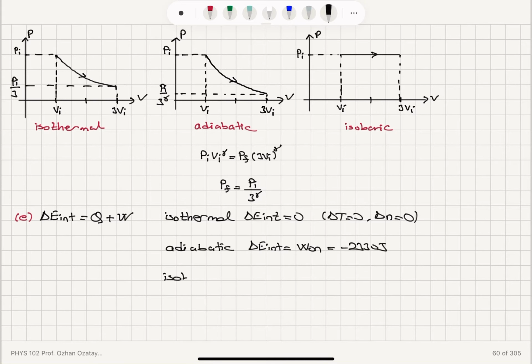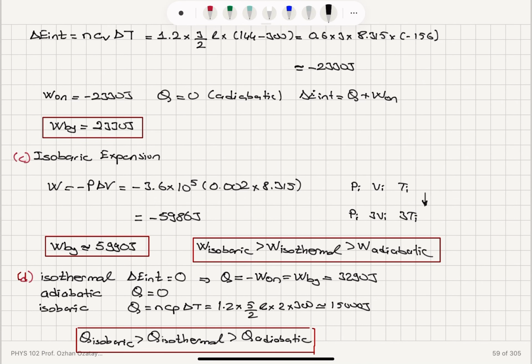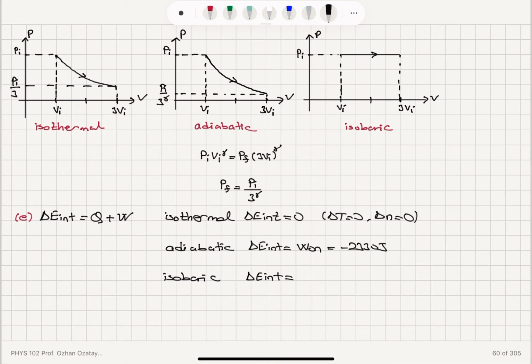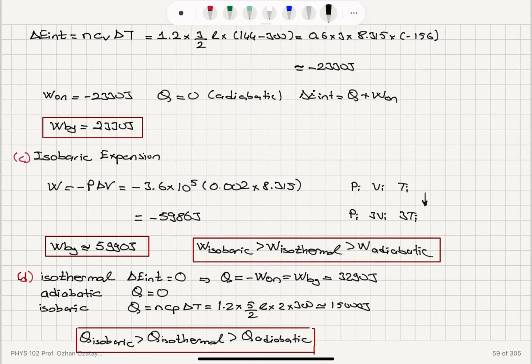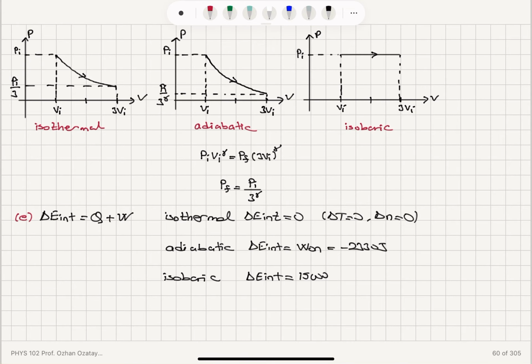And in the isobaric process, the internal energy change is the work done on the gas plus heat added to the gas. How much heat was added? It was 15,000 joules in the isobaric process, so 15,000. And work done on the gas in the isobaric process we have found to be minus 5,986 joules. So this was minus 5,986 joules,